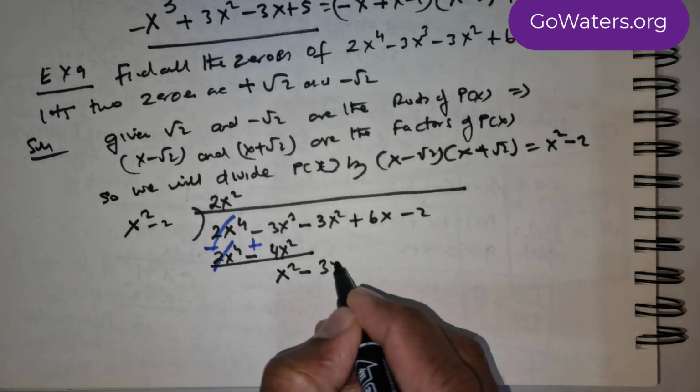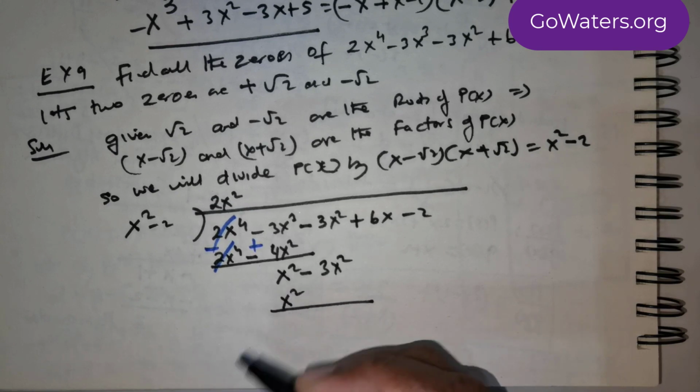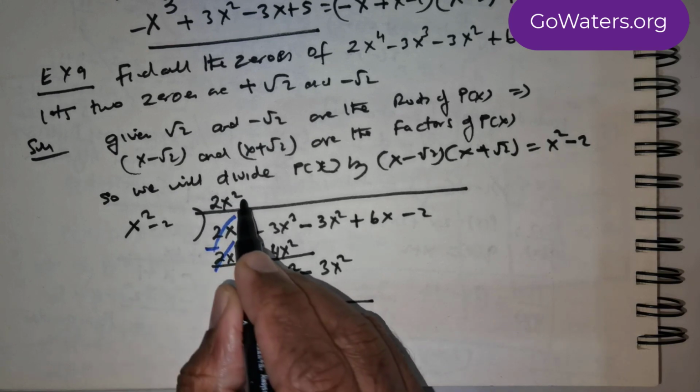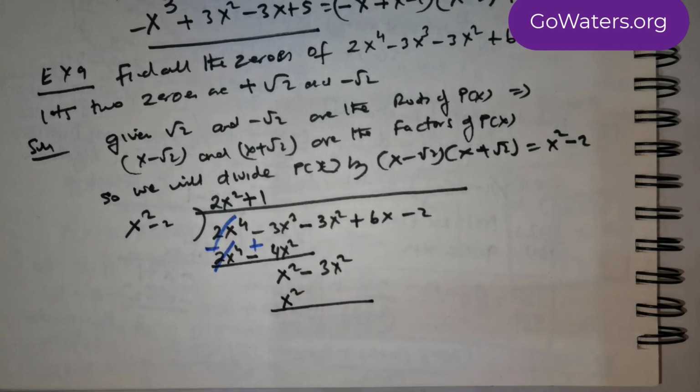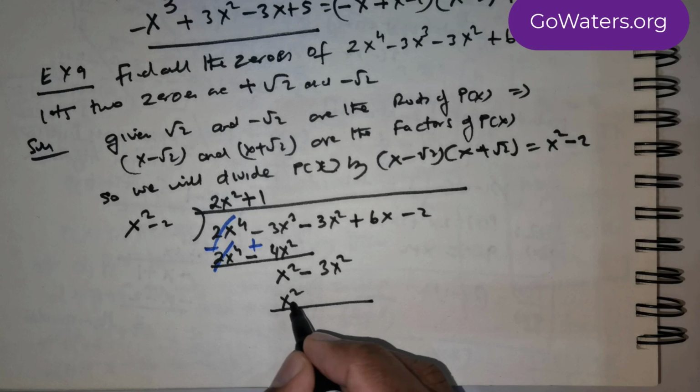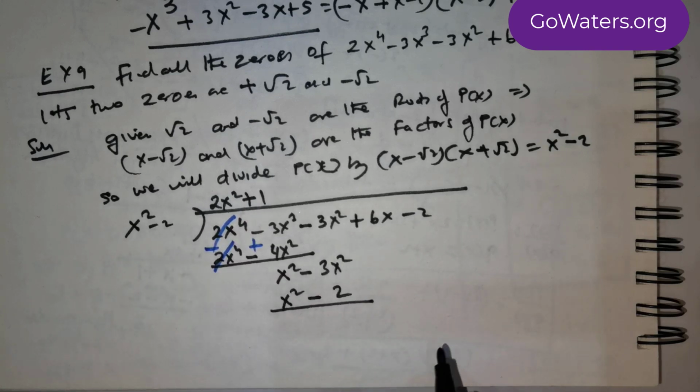Bring the term negative 3x squared down. Now draw the line, place x squared here. Now query yourself, what should you place here so that that multiplied with x squared gives you x squared? Clearly it's going to be positive 1. 1 multiplied with x squared gives you x squared. 1 multiplied with negative 2 will give you negative 2. Now this is